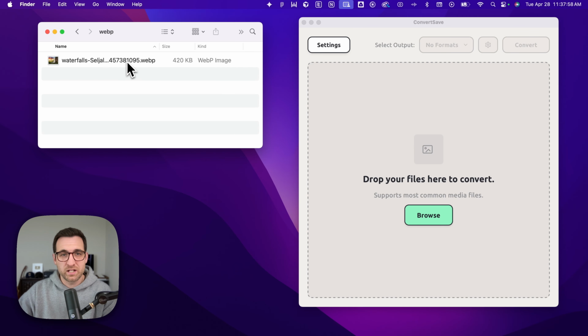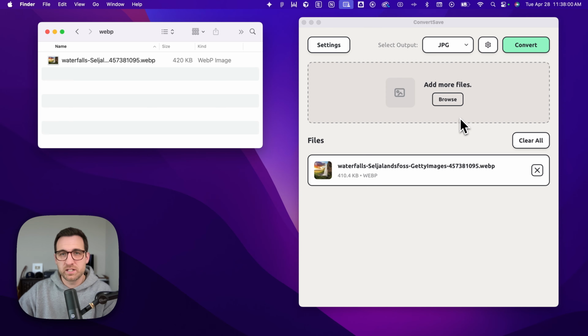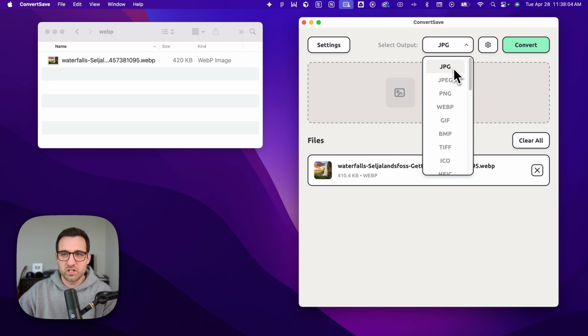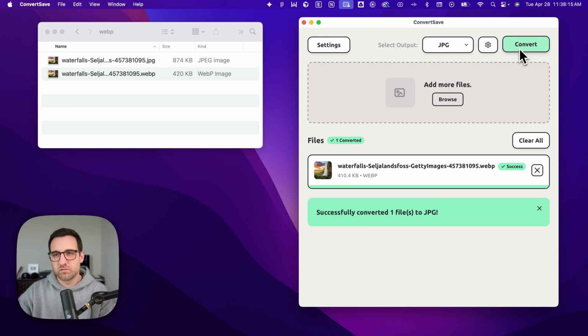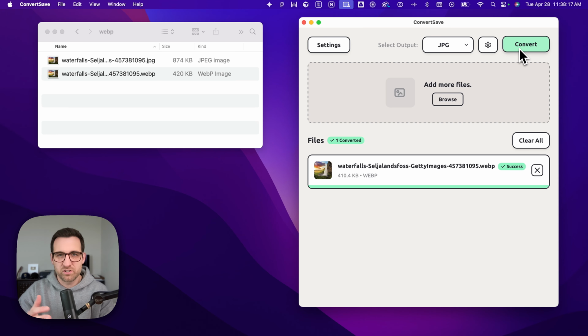And so all you have to do is drag your WebP images in, or any other image file, and then you can select your output. In this case, we'll select JPEG. You could also do JPG if you want. They're both JPEG files. And you hit convert, and it converts it. And it's that simple. And so we convert these to the highest quality version or try to match the quality,